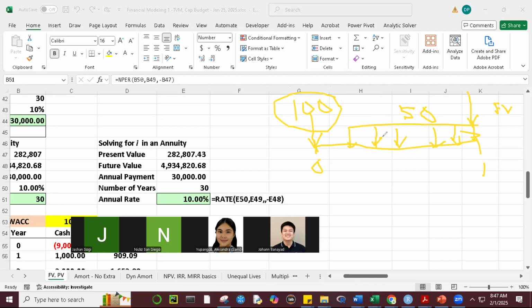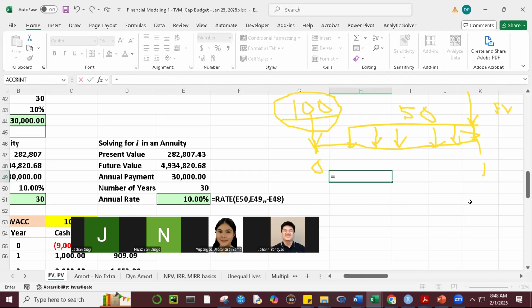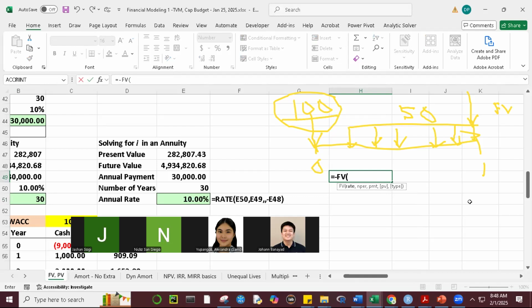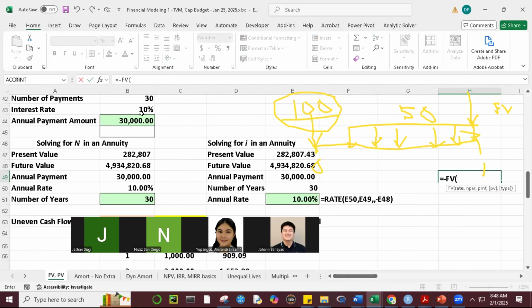Now, recall last time, we only had either a single amount or an annuity. We did not have an example where we have both a single amount and an annuity. So for this one, let me close this. How do you compute now for the future value? If you recall, FV, and let me put a negative here so that the answer will be positive. The rate is, let's just make it 10%,